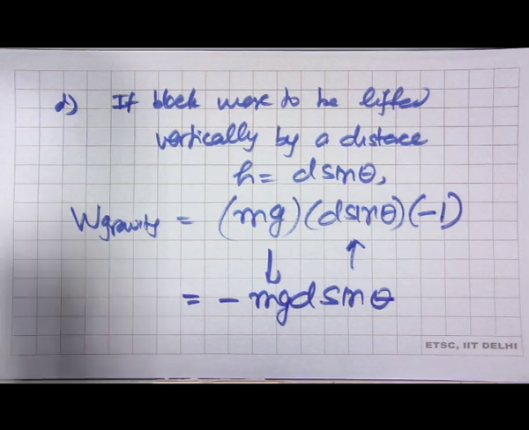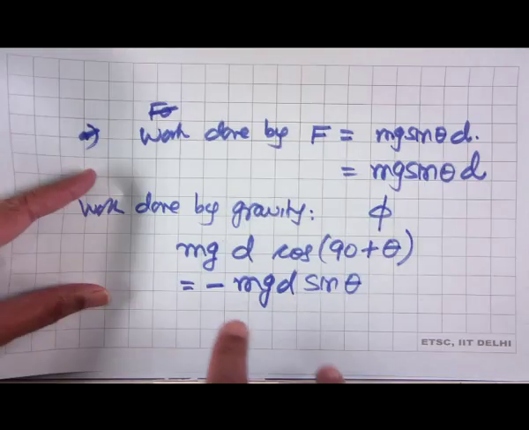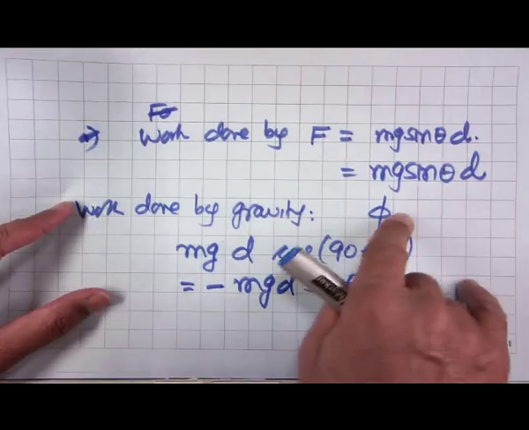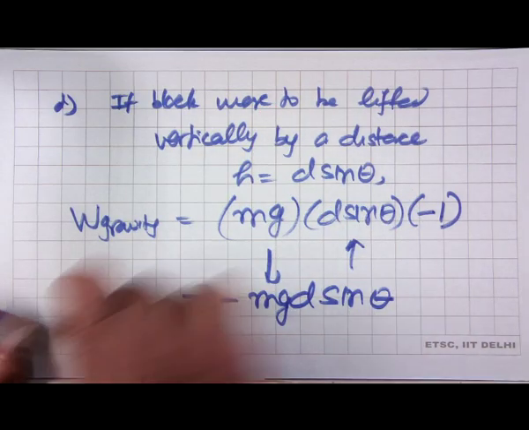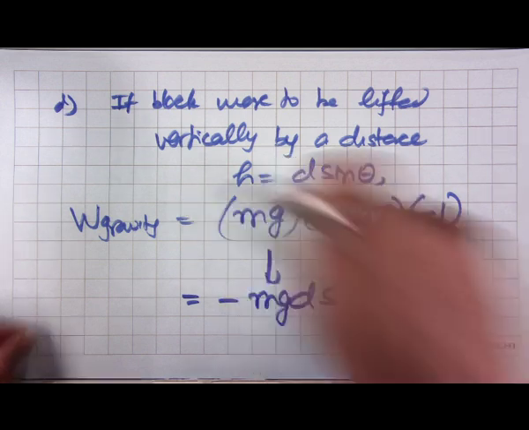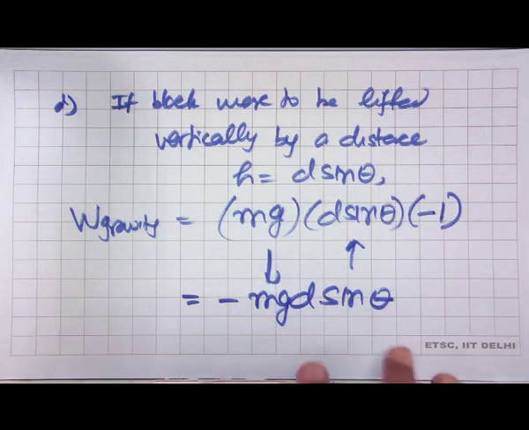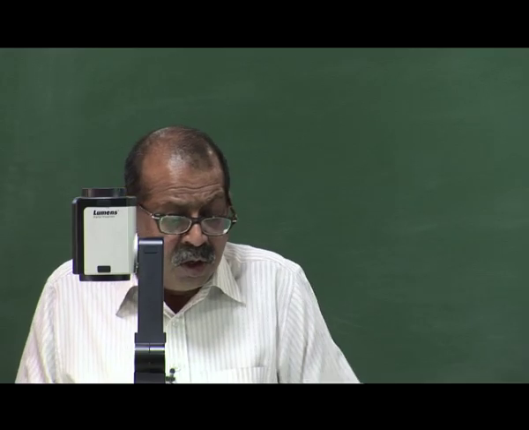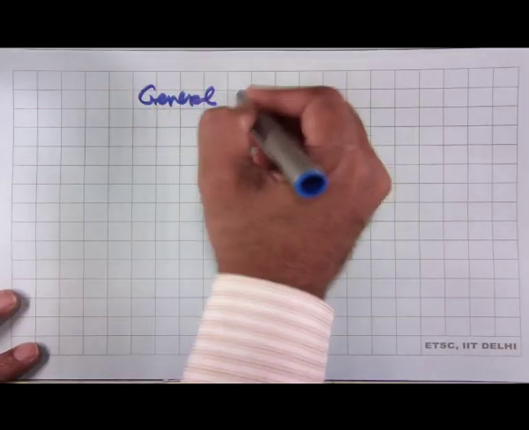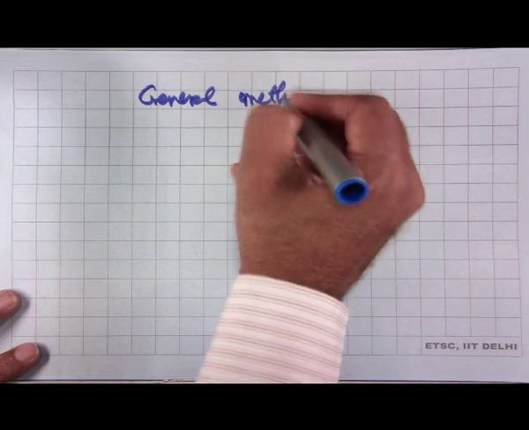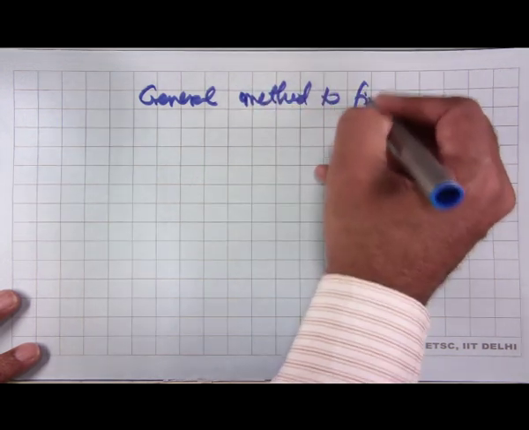And the point we realize here is whether the block is being lifted along the incline or is being lifted vertically, as long as its initial and final positions are the same, the work done by gravity is the same in this case. So, the general method to find the work done,